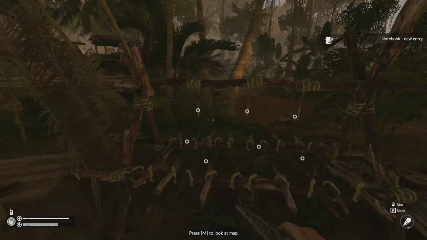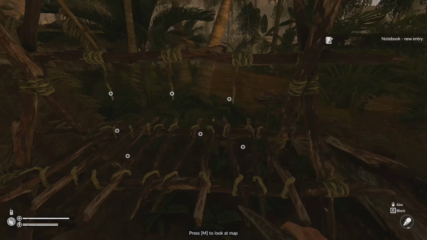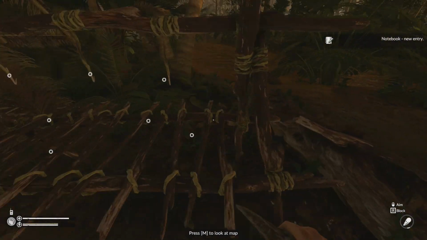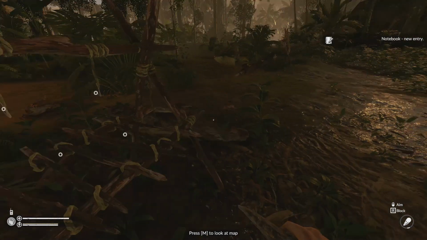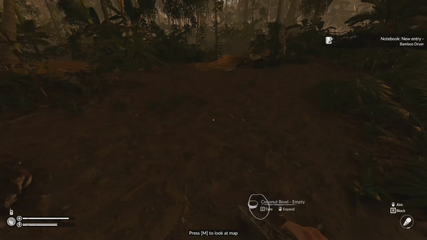Now here's one of the best cheats in the early game. You've got a dryer. You don't have to do anything. You don't have to set it on fire. You simply just put the meat on this dryer and it will cook it or dry it over time so it's safe to eat. Drop your coconut shells off so they start gathering water,